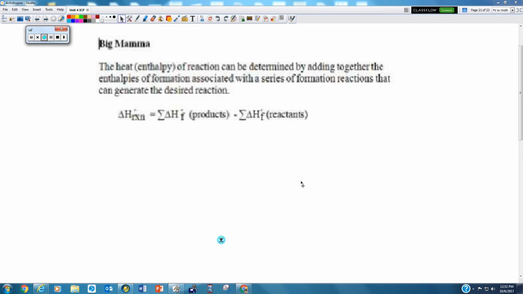So we are still looking at heat of formation, heat of reaction in an overall equation. I'm going to call this the Big Mama equation just because, again, it takes care of everything. The enthalpy of a reaction can be determined by adding together the enthalpies of formation associated with a series of formation reactions. So essentially what that tells us,